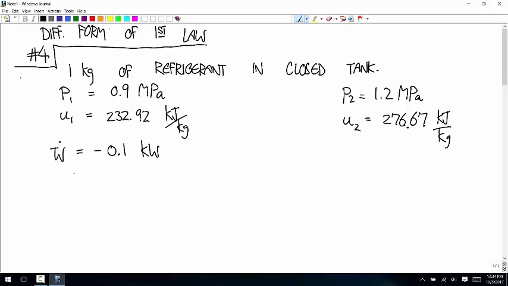And the function of time was actually the heat that dissipated from the refrigerant to the surroundings. So Q dot, that's also negative then, is equal to this constant K over 60